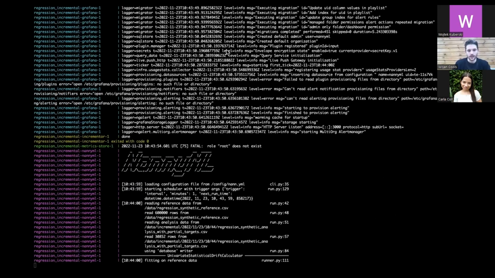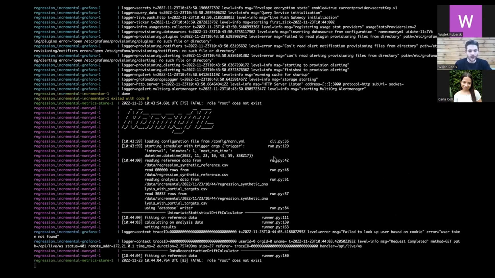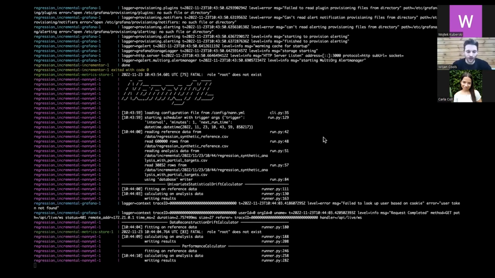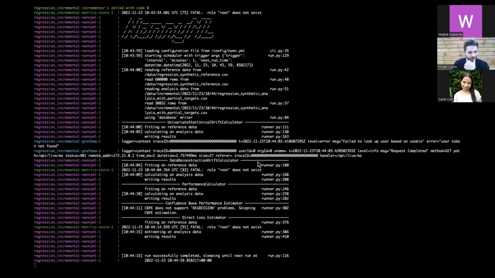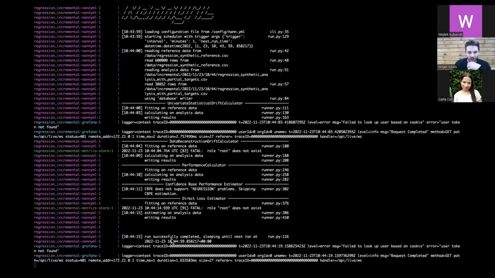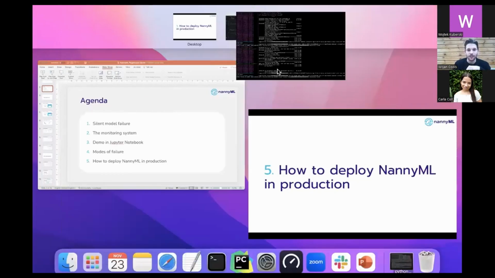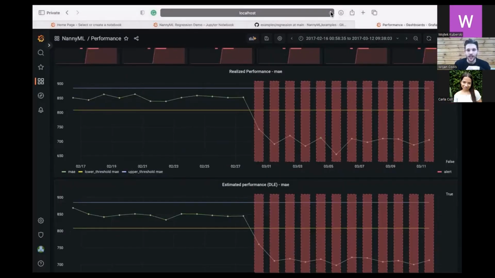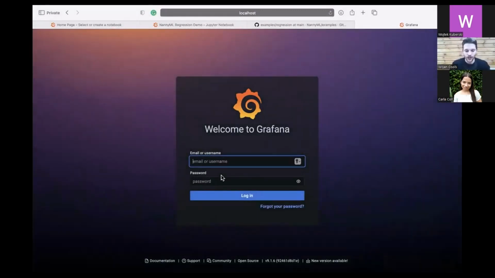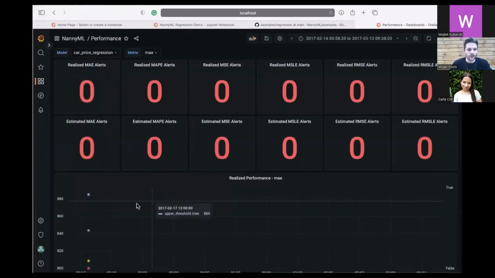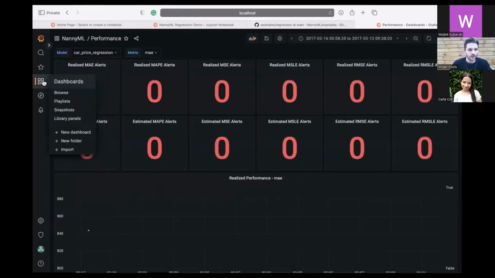So again, NannyML setting up. It's going to be the same thing, but except having a complete view on our production environment, we'll only see one data point at a time. So we see that here it's writing the results and then sleeping until the next run. So that means that we can go back to our Grafana dashboard. This is a new Docker compose, a new container setup. So we'll have to log in again because it's not the same anymore. And then we can go to our dashboards,